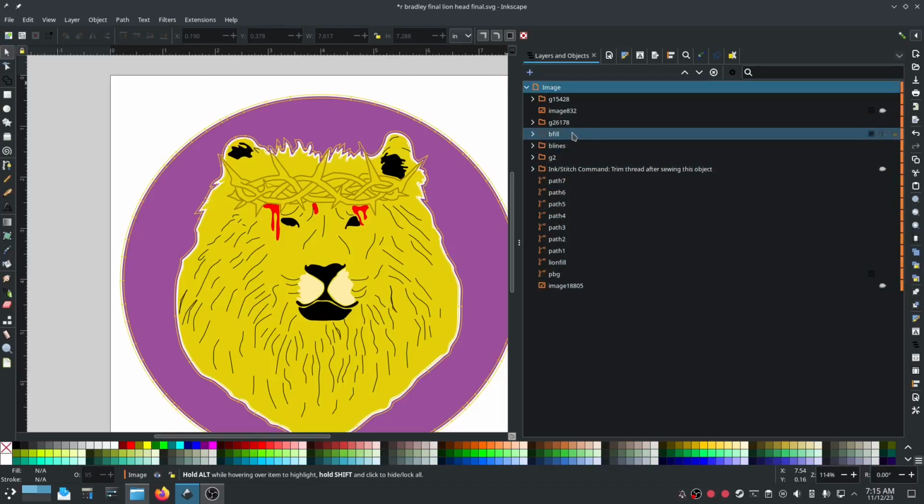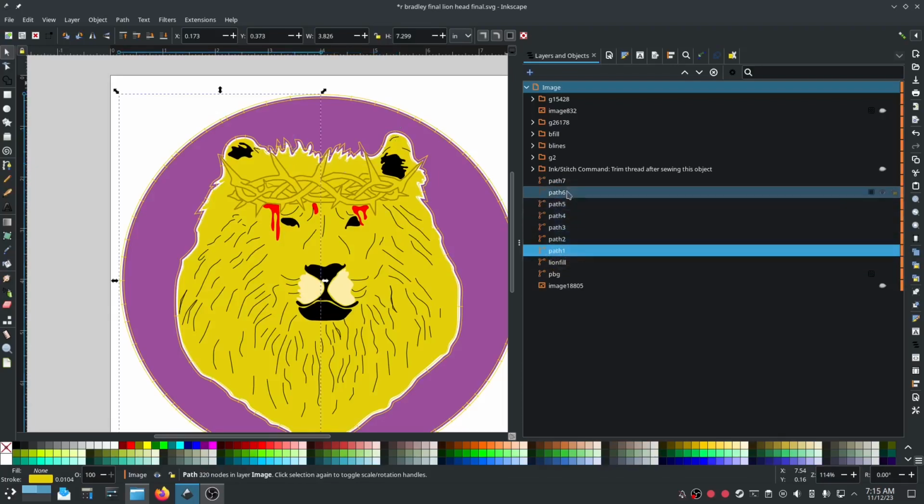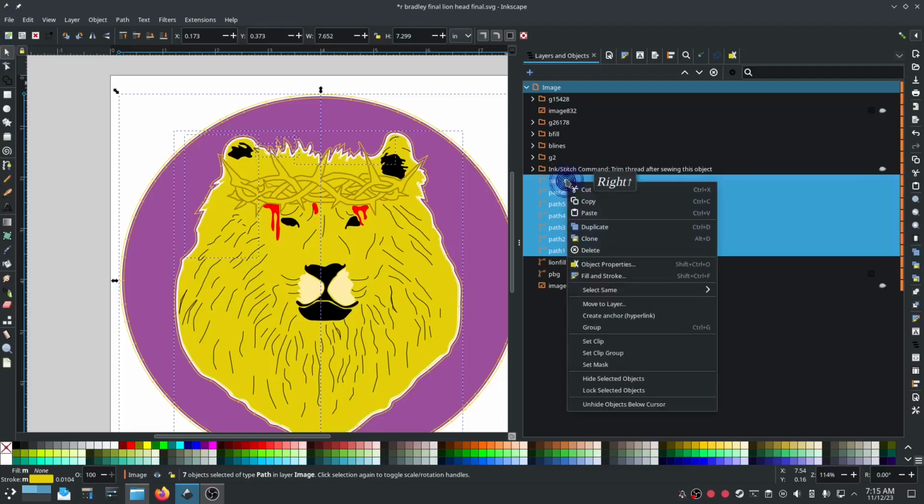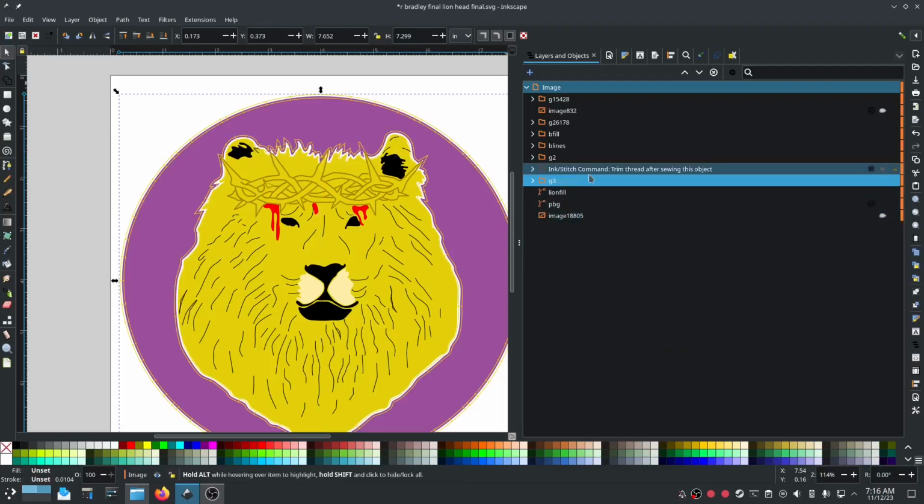Which one was our border? It looks like it. Lion path. Okay, that's fine. We're going to group that. All of these should be our new satin stitch lines. Inkstitch will often break it up when there's a lot of sharp turns, and there are a lot of sharp turns in there. So we're going to group. That is our satin stitch border